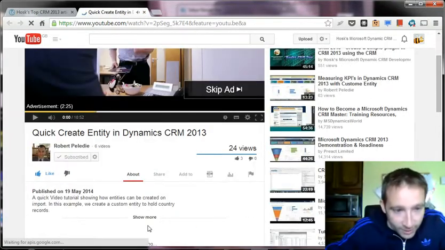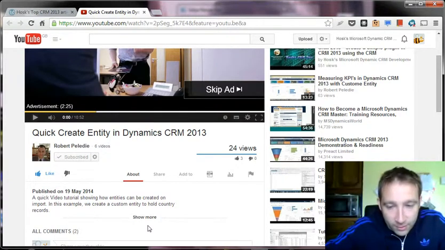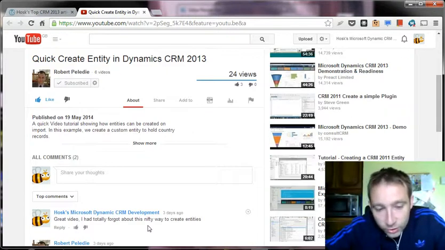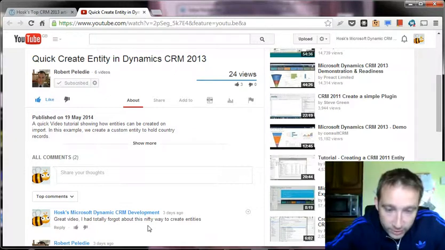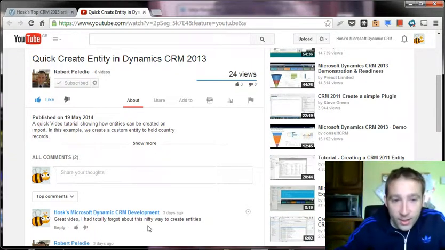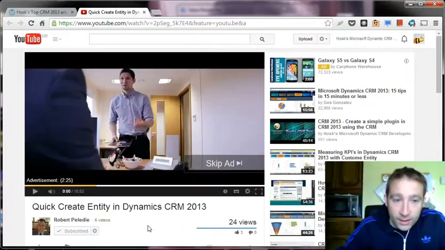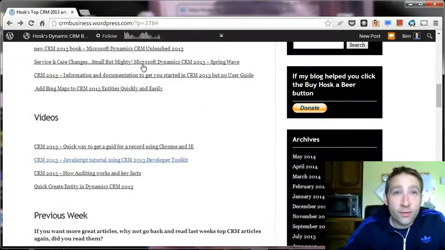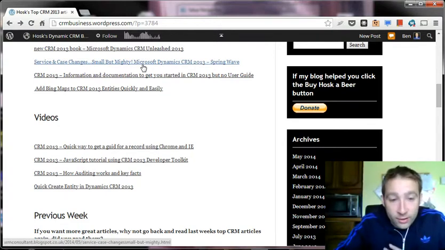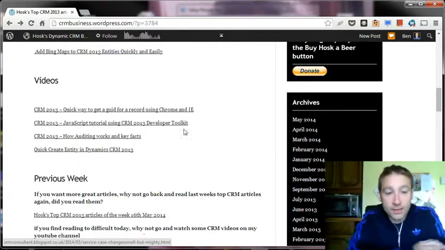This one's good from Robert Peledi. Basically, there's a piece of functionality in CRM that when you import data, you can choose to create a new entity. In this example, Rob goes through countries, and he's got a big CSV file full of countries, and he chooses create new entity. What it does is it creates a new entity in CRM, and then it also creates the records that are in the CSV file. So if you've got a CSV full of countries or other data, you can create your entity and import at exactly the same time,